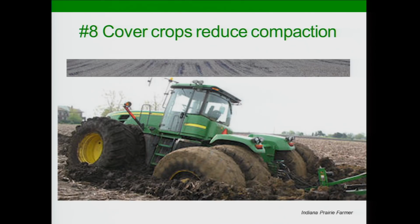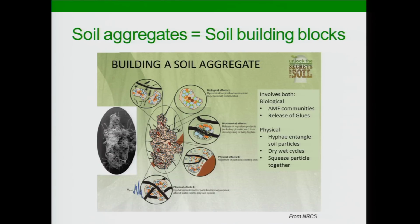But they can help prevent it, and it comes back to the soil microbes. If we can build a stronger soil, maybe we don't get that big tractor bogged down in the first place. So you've heard an ounce of prevention is better than a pound to cure. This is kind of like a microgram of prevention. If we can get those soil microbes growing and providing some of the glue or glomalin that helps bind those soil particles together, and even the hyphae of the fungi will help knit the soil particles together,